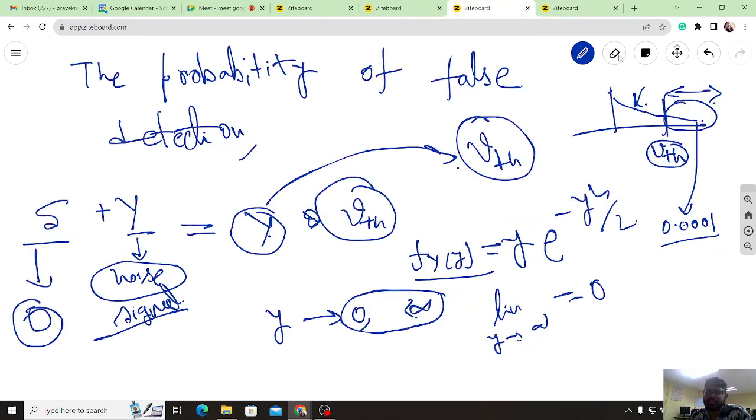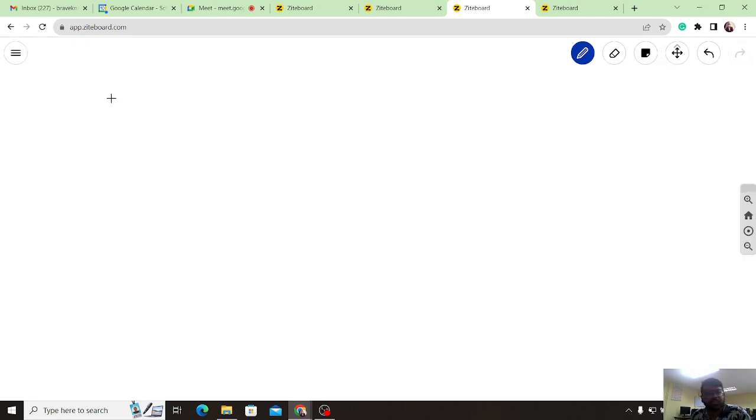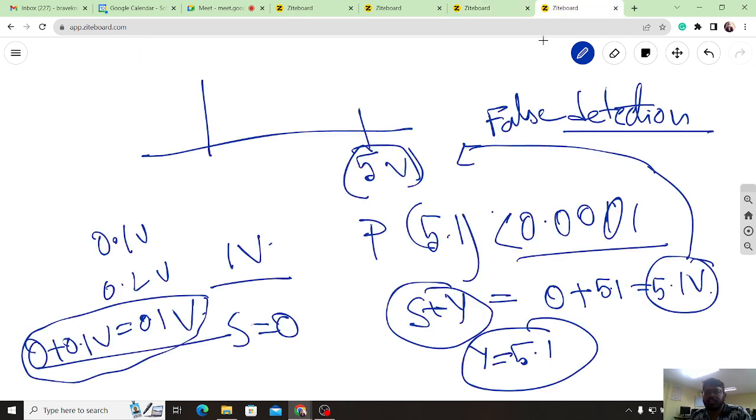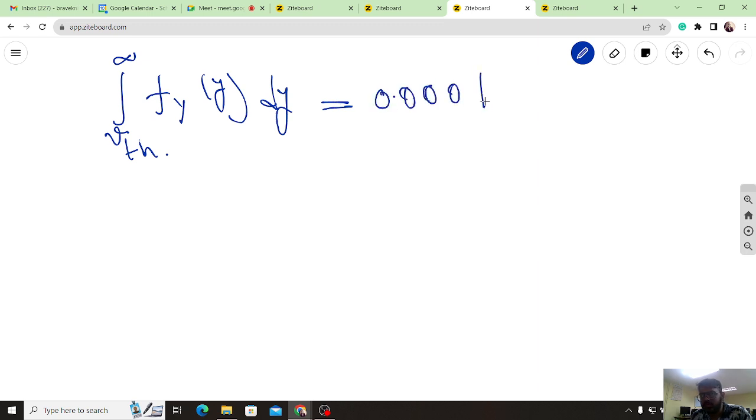So for such reason, we have to see that from V to infinite, this is V, and it goes like this, and this is VTH. So from VTH to infinite, f of y given y dy should be 0.0001,